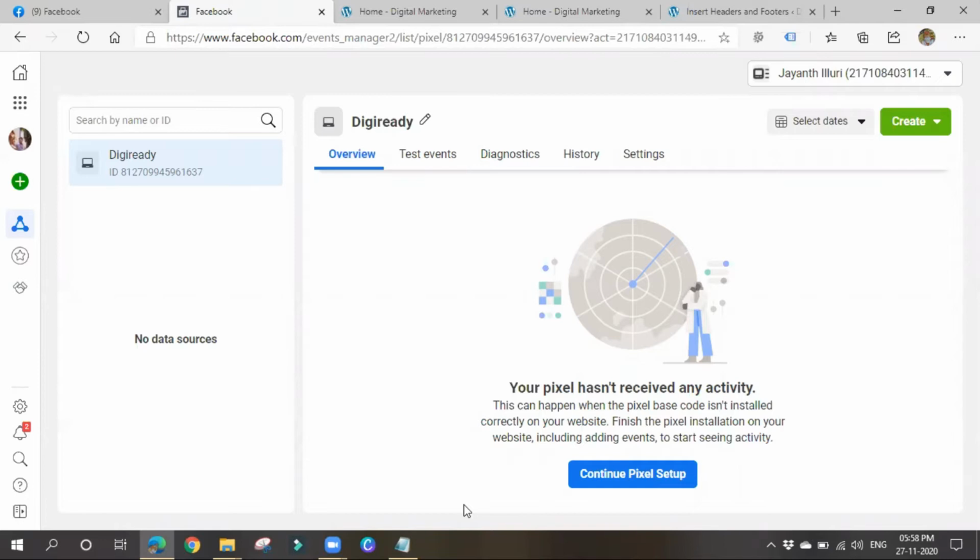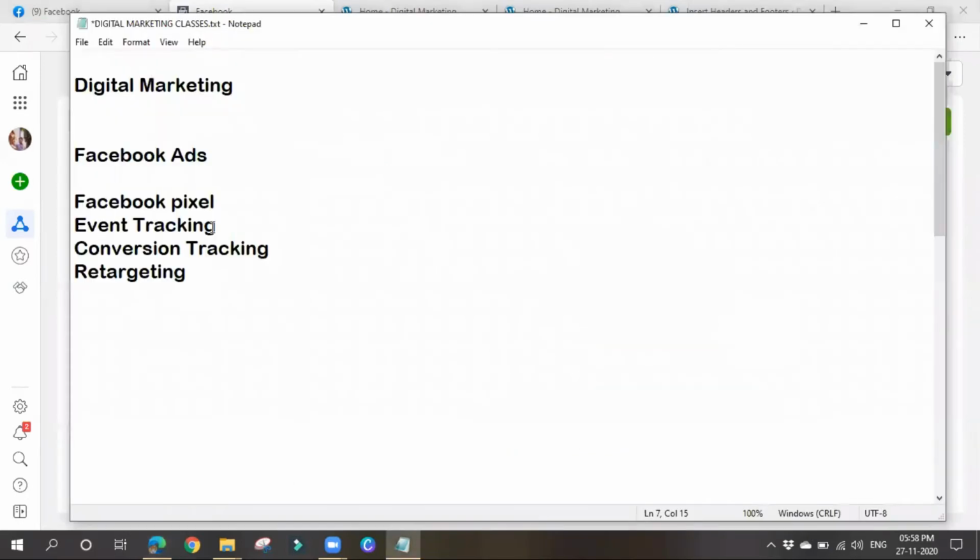So let's go for event tracking. What is this event tracking? Event tracking is nothing but tracking specific actions that are occurring in our website. It may be a button click, playing a video, page view, searching for something. It may be anything. If people go to your website, they'll be performing some events on your website.